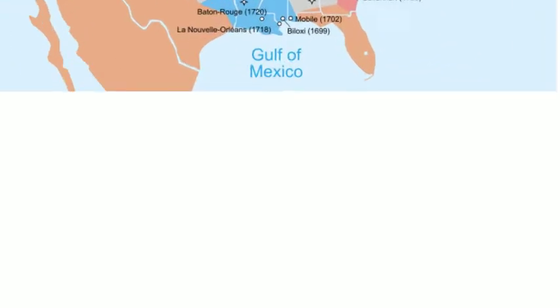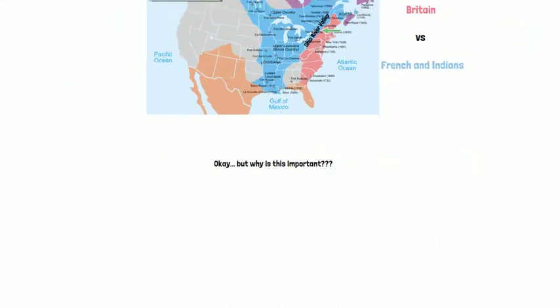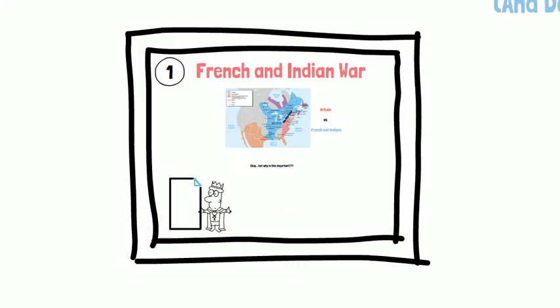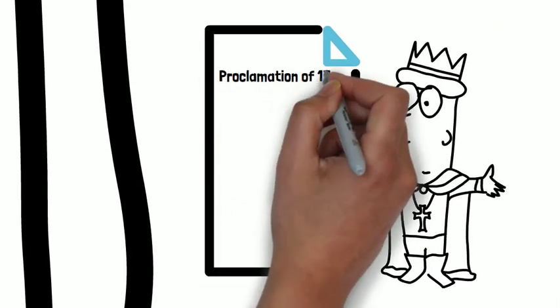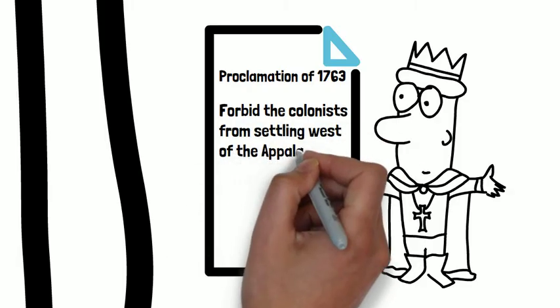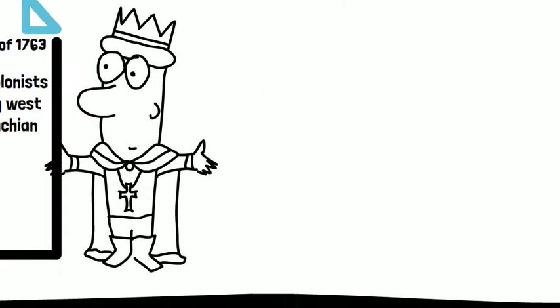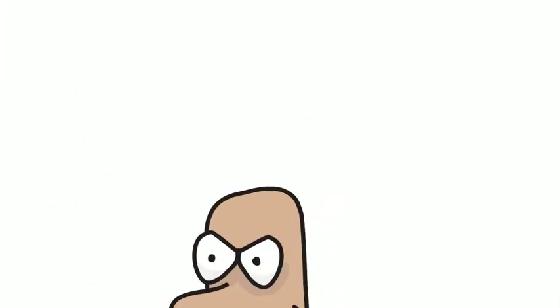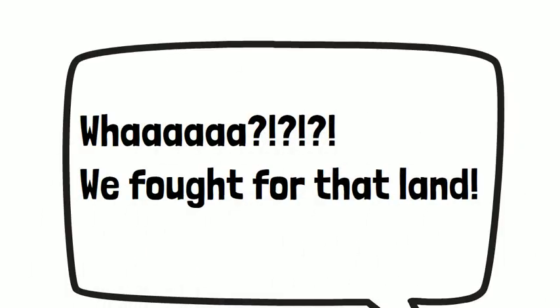The French and Indian War is important for two reasons. First, Britain issued the Proclamation of 1763. The Proclamation of 1763 forbade the colonists from settling west of the Appalachian Mountains. This upset the colonists because they felt that since they fought for this land, it was their right to be